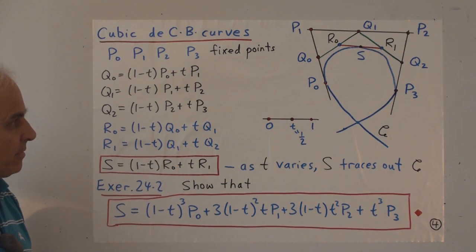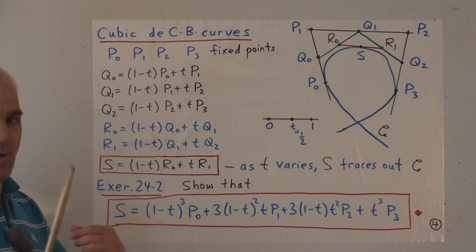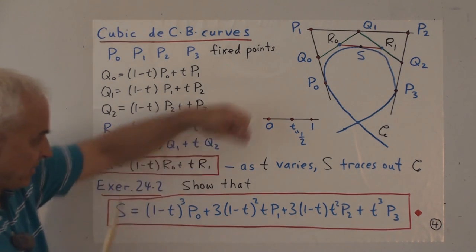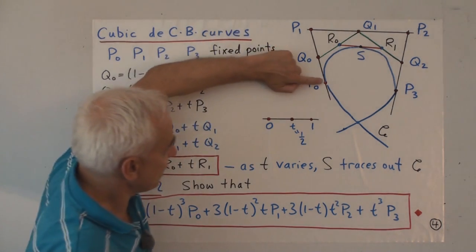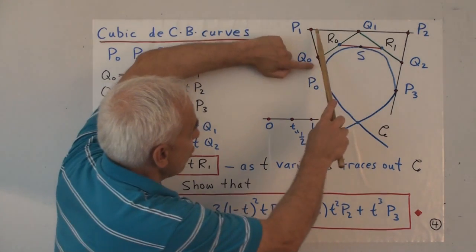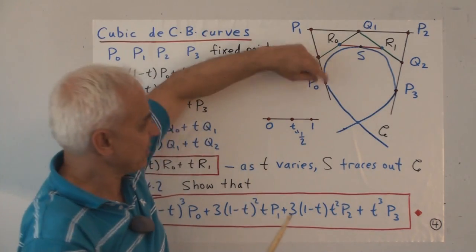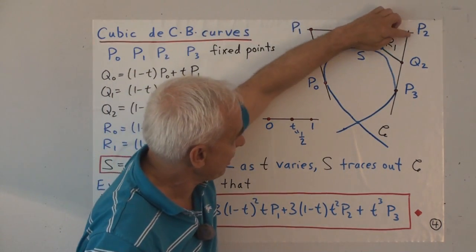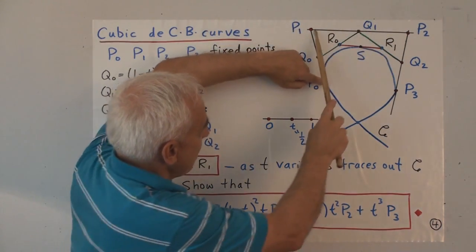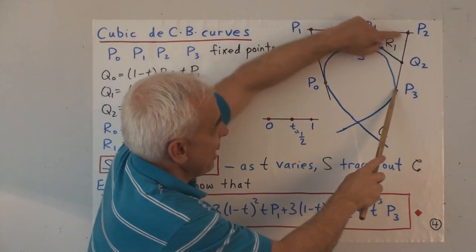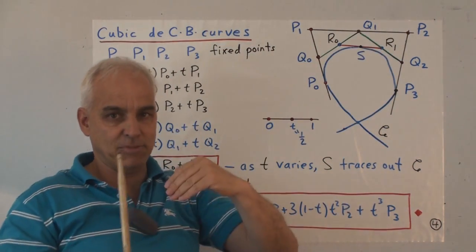So we have these three Q points which are moving as t varies. If you imagine sliding t, then Q0 slides this way, Q1 slides this way, and at the same time Q2 slides this way. So we have these 3 points, each moving steadily, starting at the same time, and all ending at their final destinations at the same time.